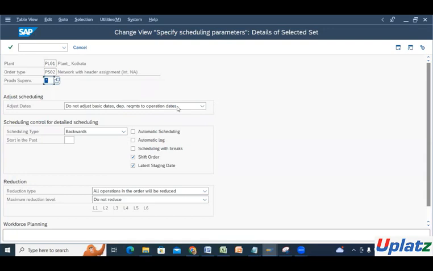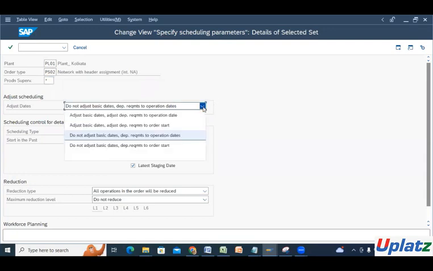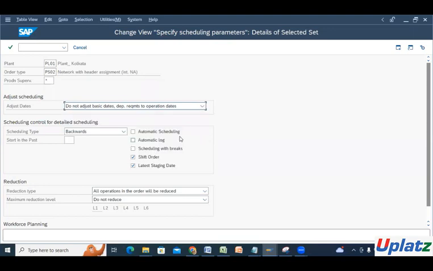Okay, then adjust date. Do not adjust. See, there are 4 options there: adjust basic date, start requirement on operation date, adjust basic date, adjust depreciation requirement date. So we are not going to adjust any basic date. That's what we will mention here. Now we have that